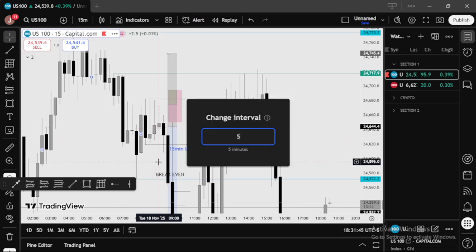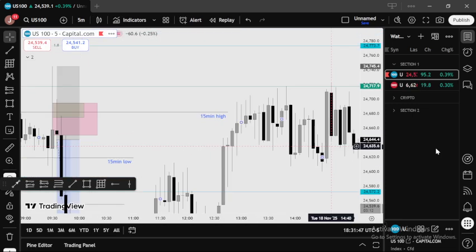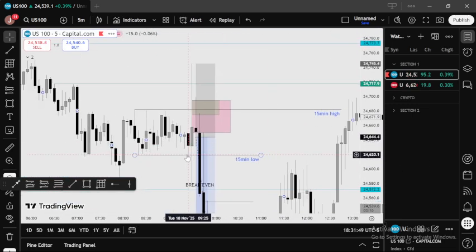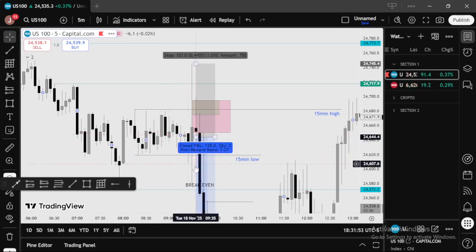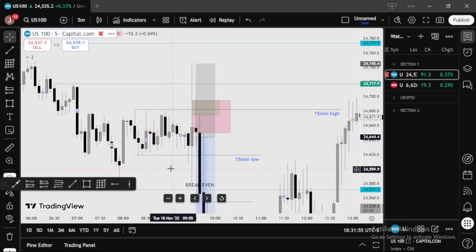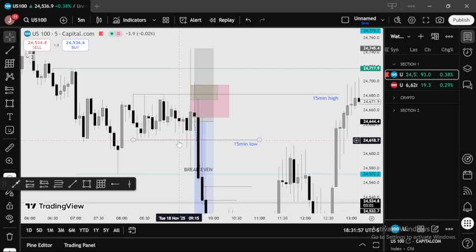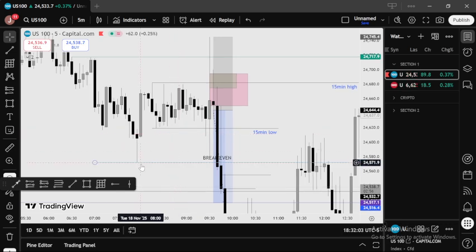But the 5 minute is where the action happens. This price action is just so cooked. Into market open, we started by dropping. We didn't really sweep, but took out this 15-minute low. Thank God we didn't go for my target. We didn't take out the session lows that I was targeting.